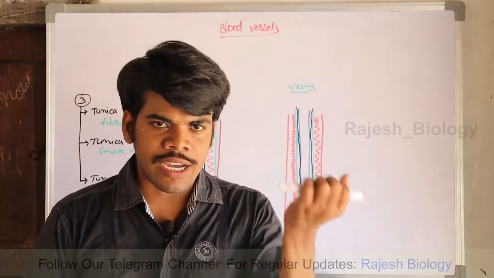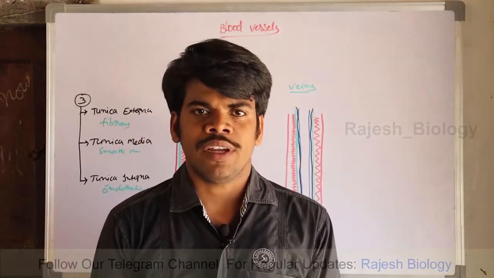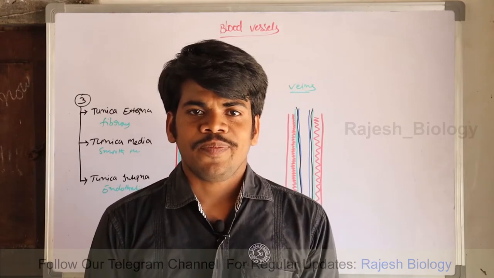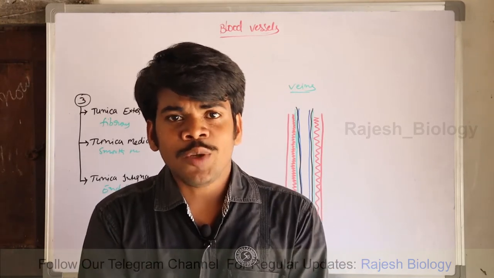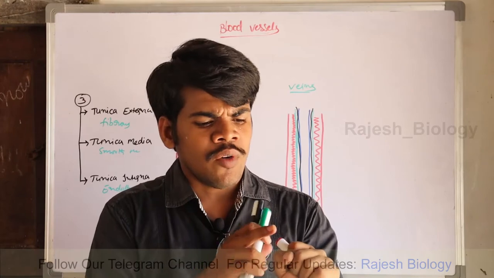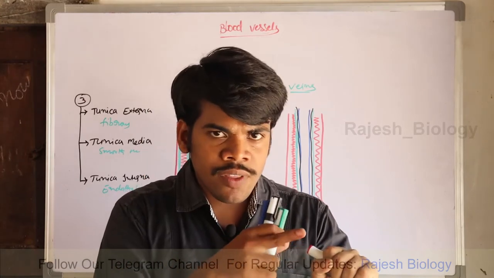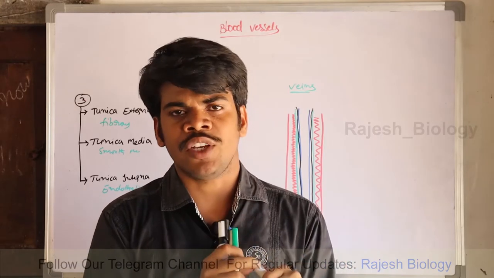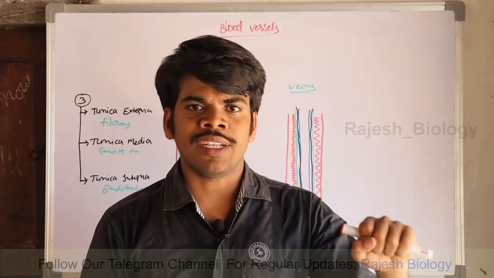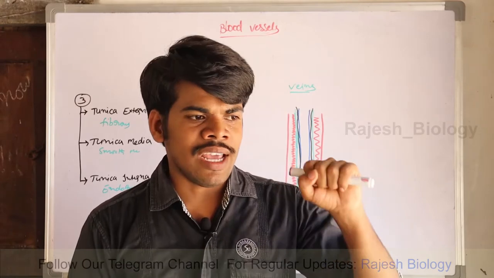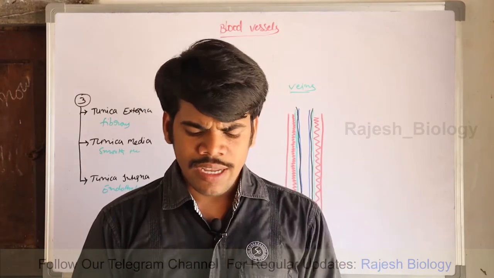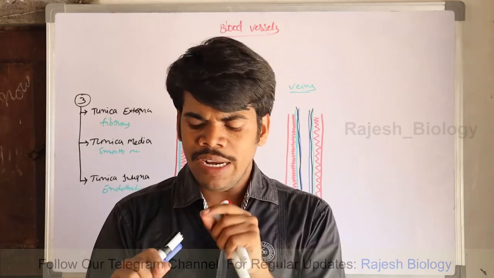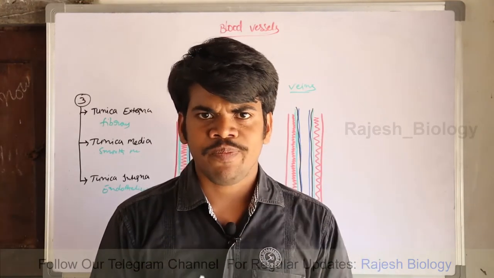For example, there is an artery in my right hand, there is a vein in my left hand. Okay, actually it is my left hand, it is my right hand, right? If you have two blood vessels, you can differentiate by the width or by the diameter of the blood vessel or by the thickness of the wall of the blood vessel. Yes, it is an artery because it has a thick wall and it has a narrow lumen. Yes, it is a vein because it has a thin wall when compared with this one, and it has a wide lumen when compared with this one.